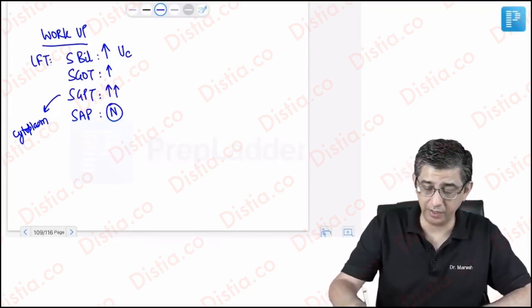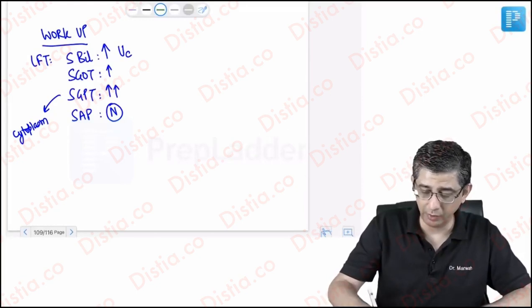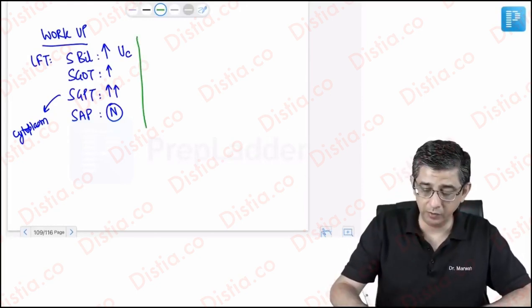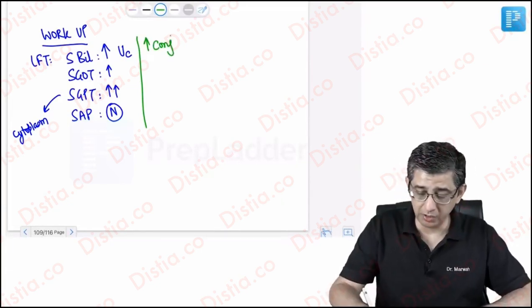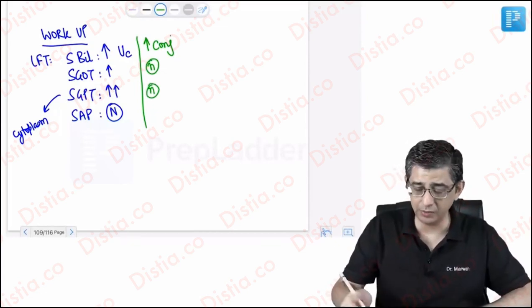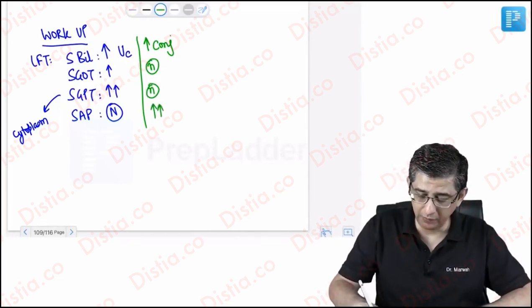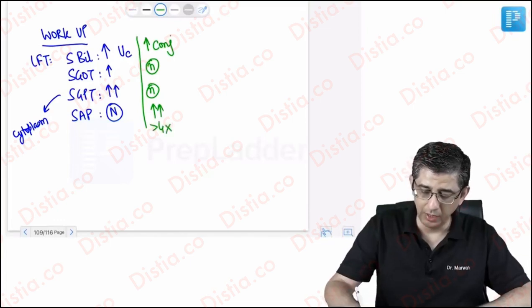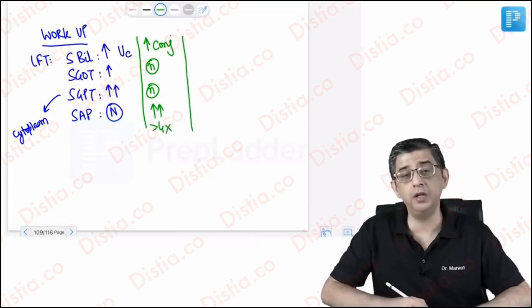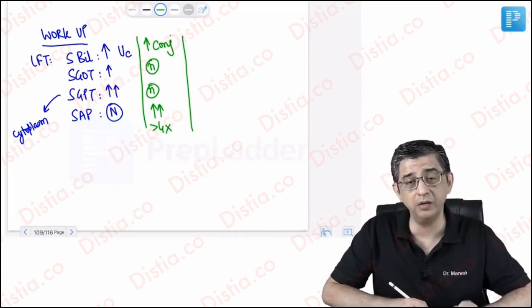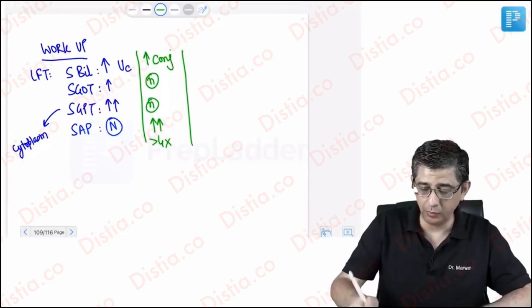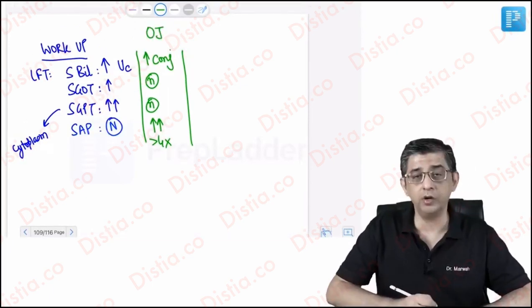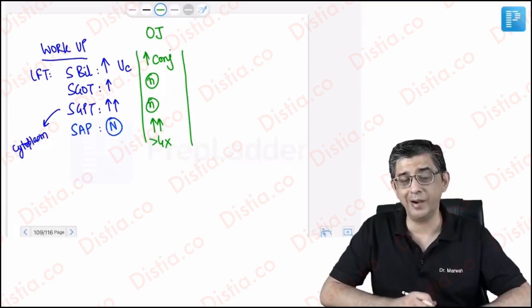You see in obstructive jaundice, in fact, I'll just put this on record here so that you can remember that if you get a LFT report in which serum bilirubin is elevated, mainly of the conjugated variety, and you notice that SGOT, SGPT are normal or showing a mild elevation 1 to 2 times, but SAP is grossly elevated to more than 4x of normal, considering conjugated hyperbilirubinemia and 4x elevation of serum alkaline phosphatase, you have to think in terms of obstructive jaundice in a patient. So this report that I've written here is for obstructive jaundice, though the case that we're discussing is of hepatocellular